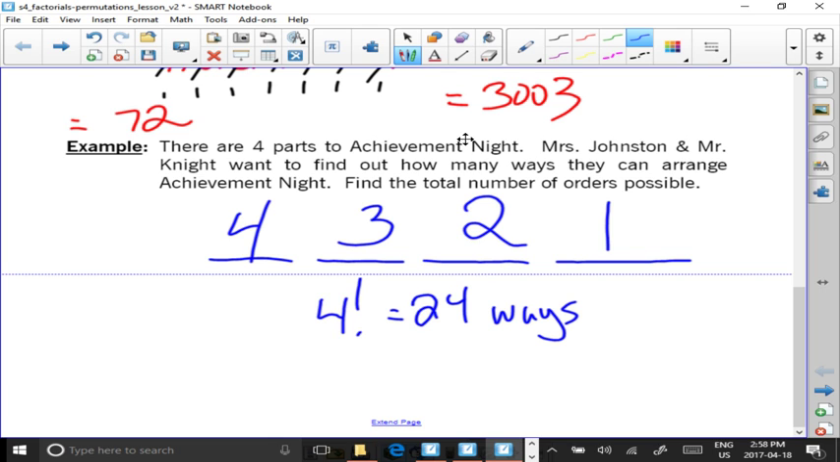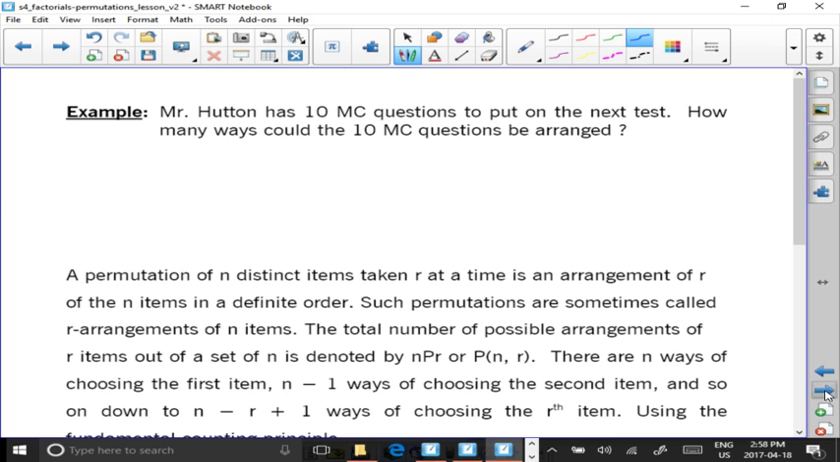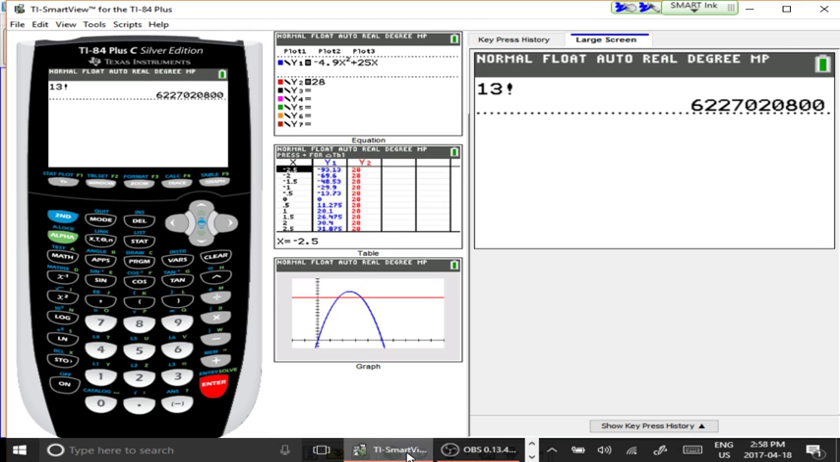All right. So next up, Mr. Hutton has 10 multiple choice questions to put on the next test. How many ways could the 10 multiple choice questions be arranged? Well, of course, that's just going to be 10 factorial. So we need to figure out what 10 factorial is. And it's going to be